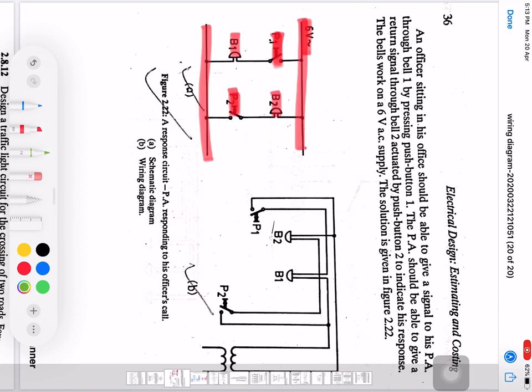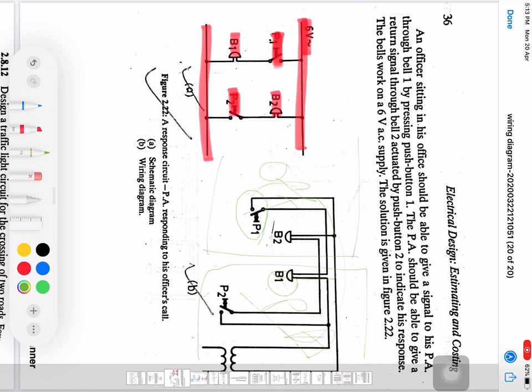Now the concept is that the PA and the officer are sitting in separate chambers. This is the chamber for the officer, and this is the chamber for the PA, and the officer is sitting over here. And he just presses this push button. If he presses this push button, this will give an alarm through this bell to the PA that he is being called